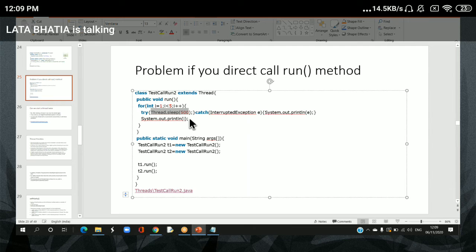What will be the value of I for the first time? 1. After 1, it will go on a break for 500 milliseconds in the sleep mode, then it will print 2. Then again it will move to the break of 500 milliseconds, then 3, then a break of 500 milliseconds, then 4. That means until T1 completes its entire work, including the sleep after the completion of the entire loop, T2 cannot go inside,